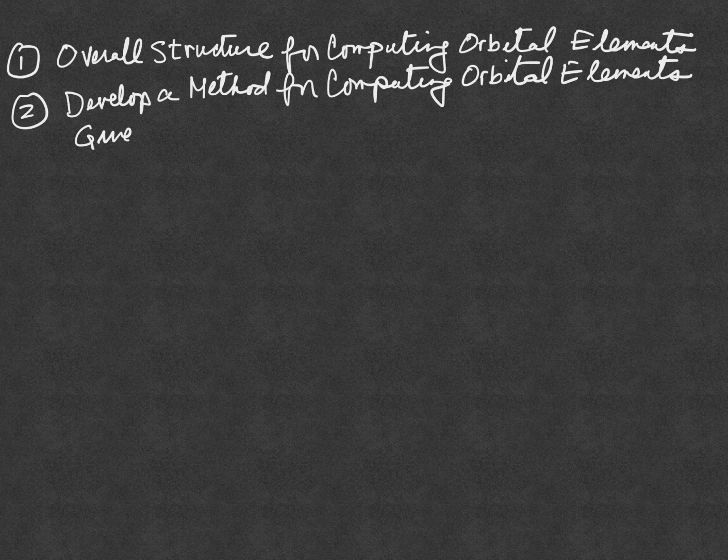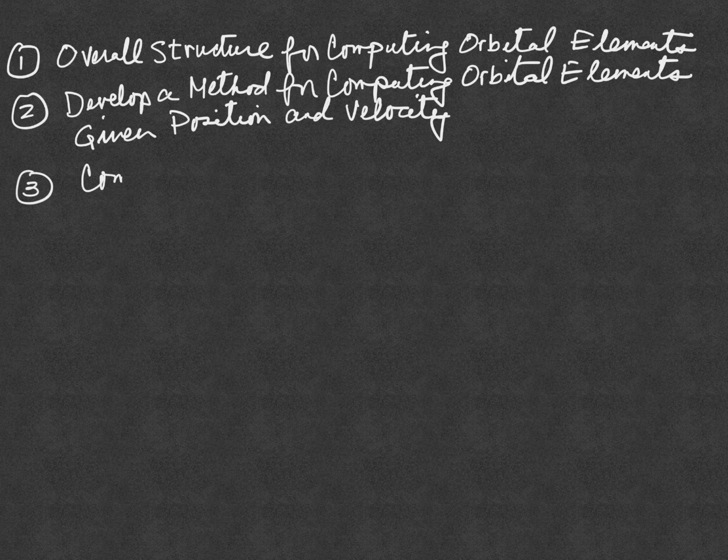Given position and velocity. And in particular, we're going to be given position and inertial velocity expressed in Earth-centered inertial coordinates, or planet-centered inertial coordinates, but we're dealing with mostly the Earth, so Earth-centered inertial coordinates. And the algorithm, or the method that we develop, is going to include computations of the following quantities. So compute the quantities, which are